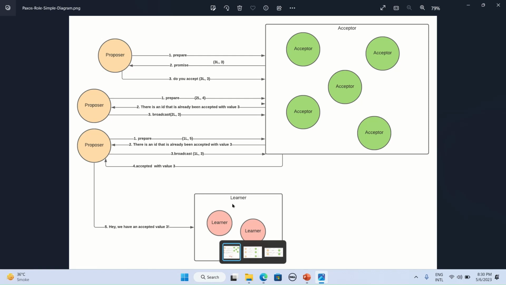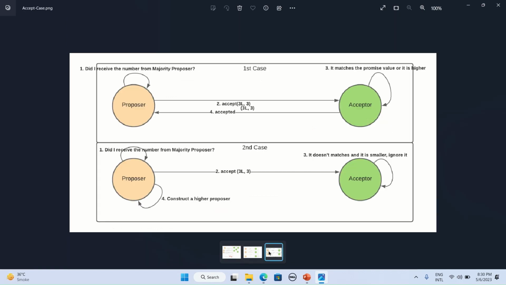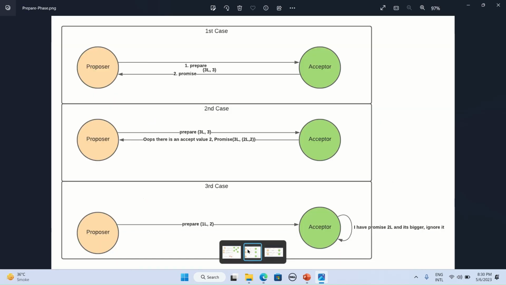If the proposer receives a majority of accepts, the proposal is chosen. The learners can then learn the chosen value v by querying a majority of acceptors. If the proposer does not receive a majority of promises or accepts, the proposal is not chosen. The proposer can then try later with a higher proposal number. This allows multiple proposers to propose values in a decentralized system, with values chosen in a consistent total order through the proposal numbers.